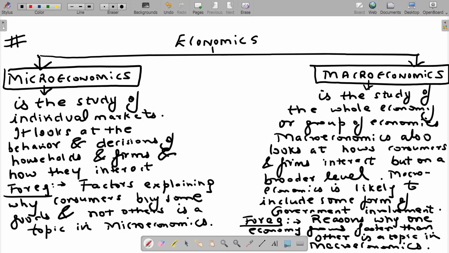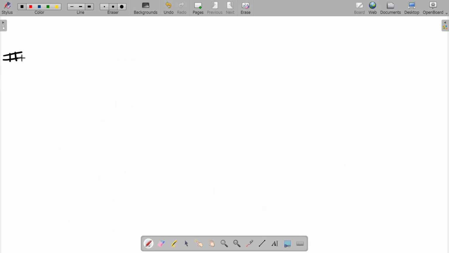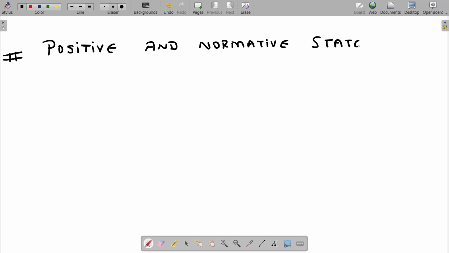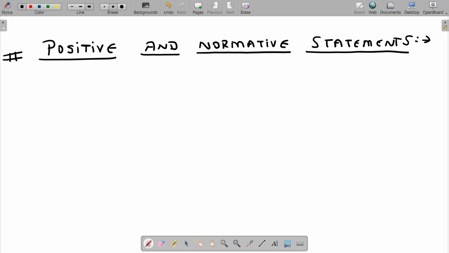So here comes another very important concept in this lesson, which is the difference between positive and normative statements. Positive and normative statements. So let's understand what is a positive statement and what is a normative statement. So I can write: positive statements